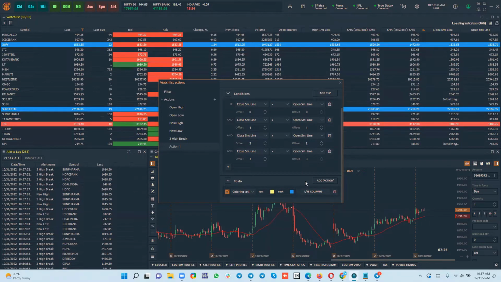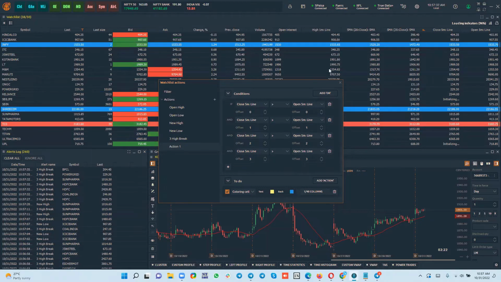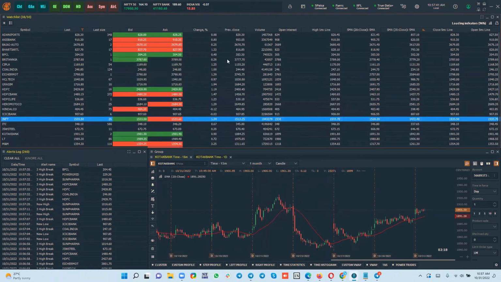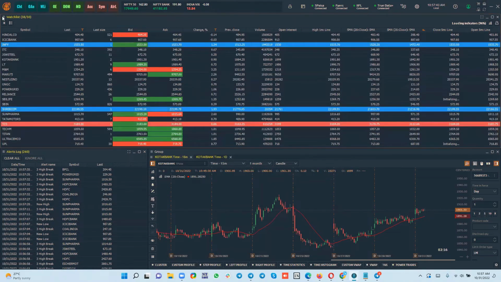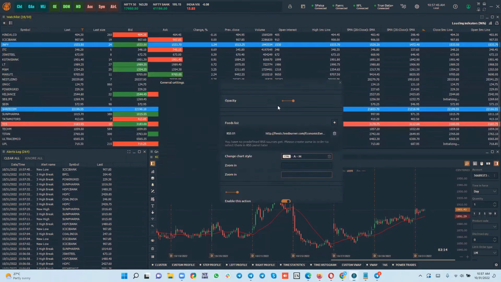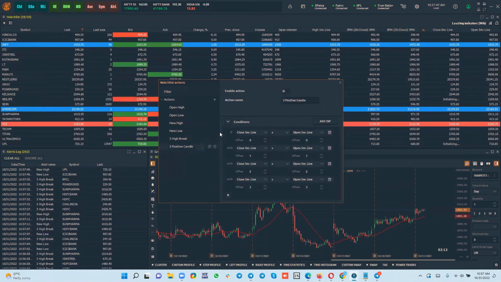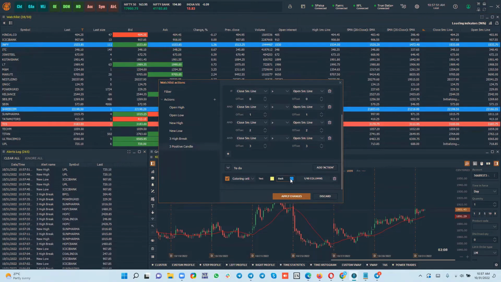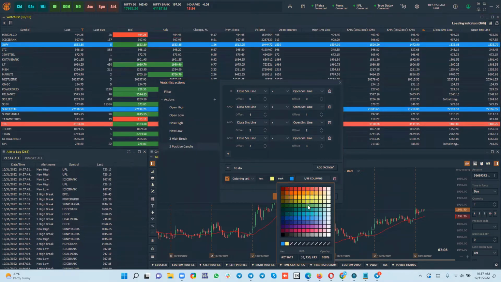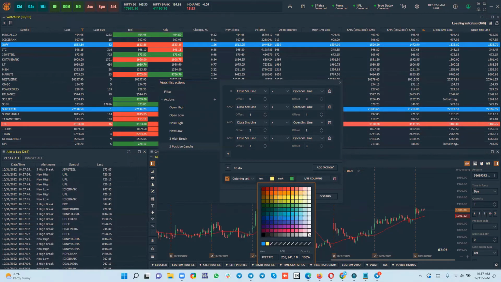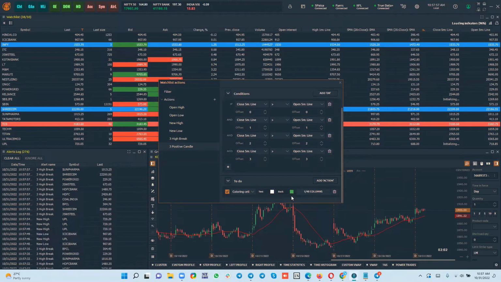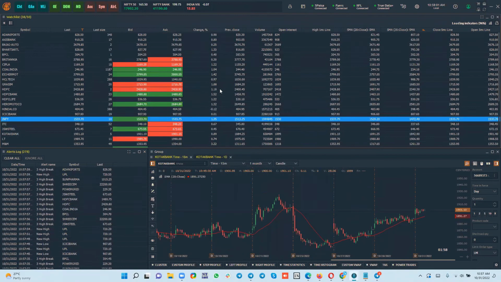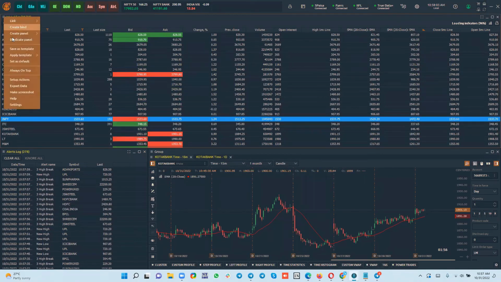So now I get all the symbols having 5 minutes. So when I enable this, let's have a color which is say green maybe, and text as white. So all those symbols meeting criteria will have a symbol color turn into